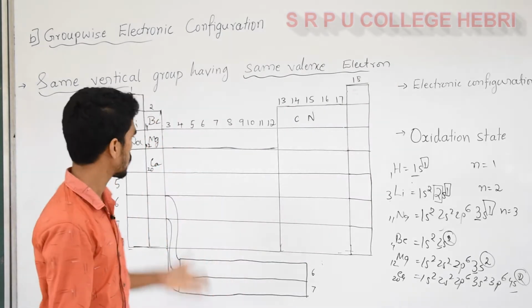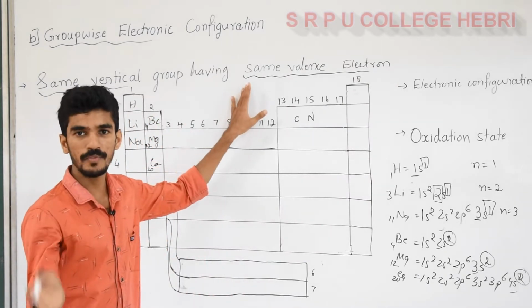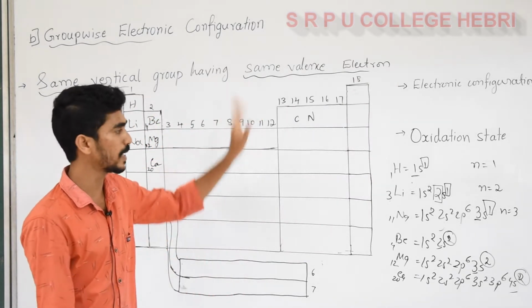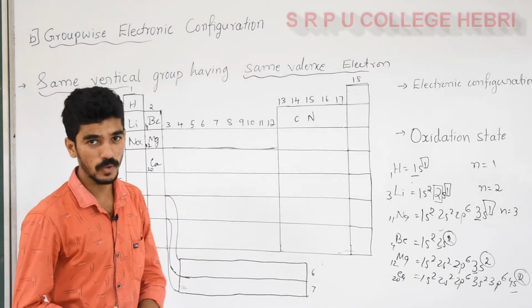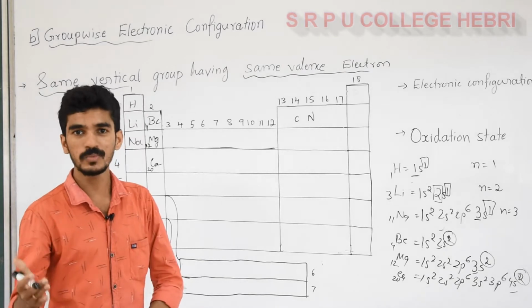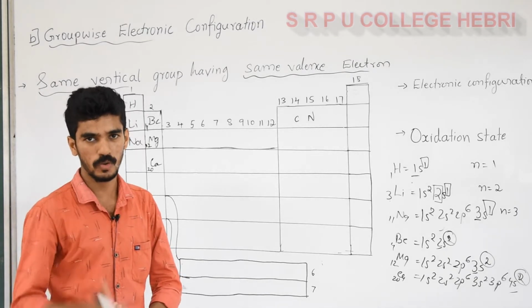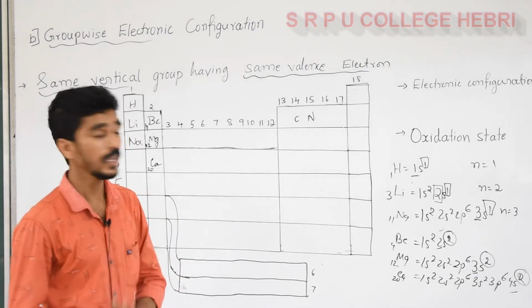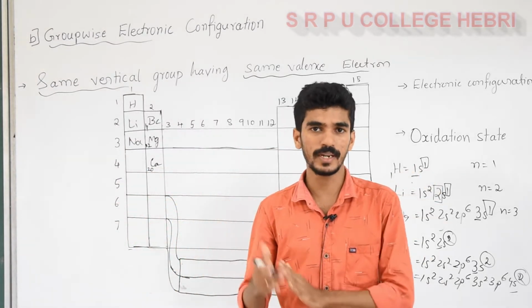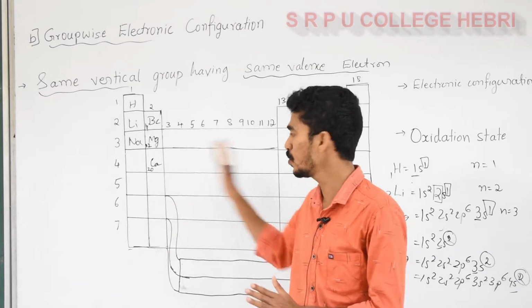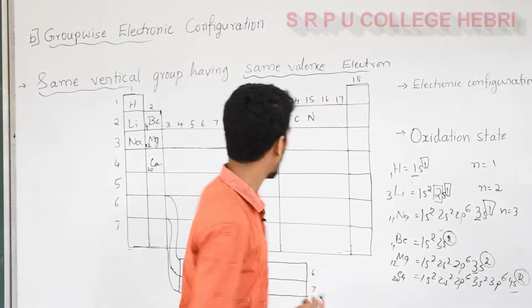Based on this, by considering the filling of electrons in the outermost shell, we can categorize the periodic elements into 4 blocks. Blocks are nothing but elements whose outermost shell ends with the same orbitals, orbitals like s, p, d, f. Each element ends in a particular orbital, and they are classified into 4 groups. What are the 4 groups?